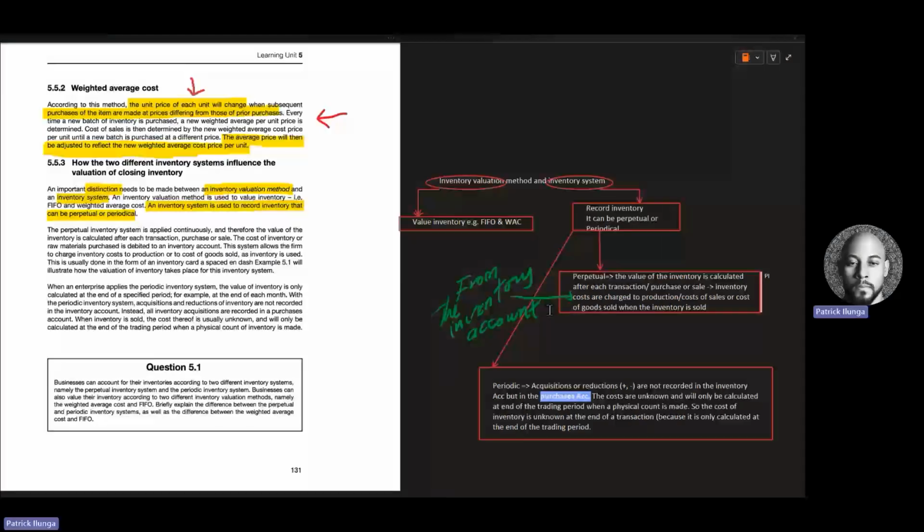But it's important that you understand this very well, right? So obviously we can't know the cost of inventory at all time, because that will only be calculated at the end of the trading period when a physical count is made. So the cost of inventory is unknown at the end of a transaction. That's not the case for the perpetual. At the end of each transaction, we know the cost of the inventory,